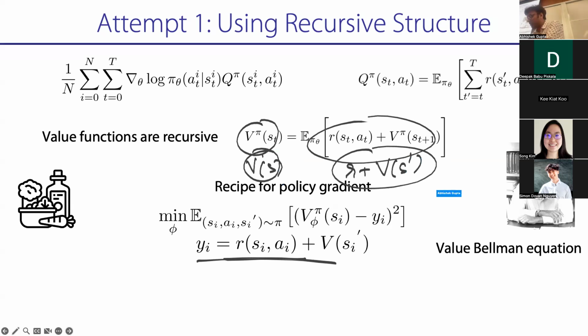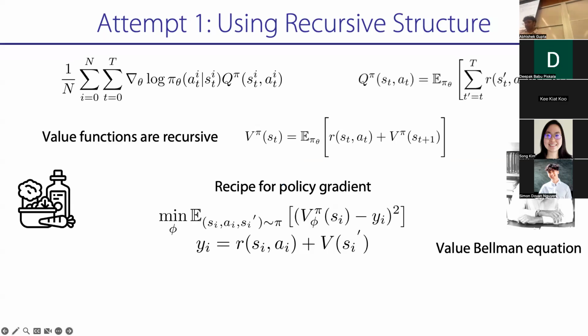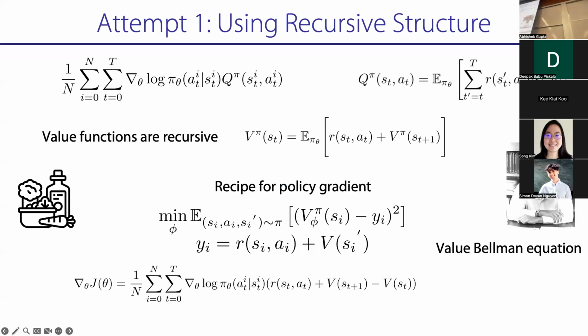Yeah. So the first thing we're going to do is we're going to try and get the value function, which at convergence is going to satisfy this Bellman equation, which means that V of S is equal to R plus V of future S. And so this is going to give me my value function. And once I have my value function, I stick it back into the policy gradient update. And I stick it back into the policy gradient update by saying, well, Q is now R plus V of S prime. And I subtract a baseline, which is minus V of S. And so that gives me this update over here. So I start by solving for V, which satisfies the Bellman equation. And then I replace Q by R plus future V, and I subtract V of S.